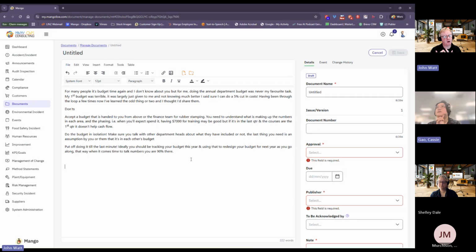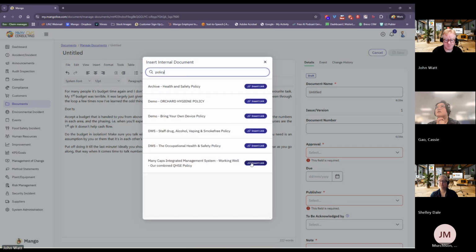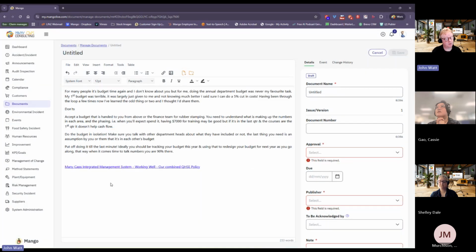Right. If I've got a procedure and it references another procedure, do X, do Y, if you're doing this, you need to follow such and such a procedure. Here's our two orange buttons again, so I can insert a link. Say, well, actually, we have a policy for that. I can insert a link for that, and when they come to that, they can click on it, and we can edit that as well. We can just say, well, actually, we just want that.